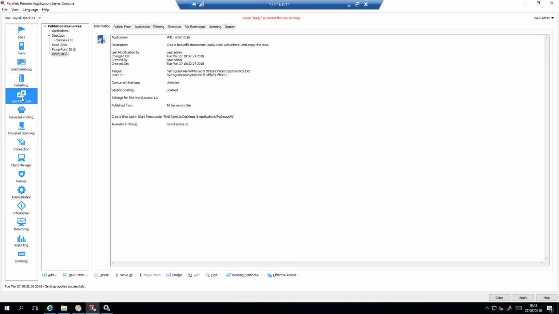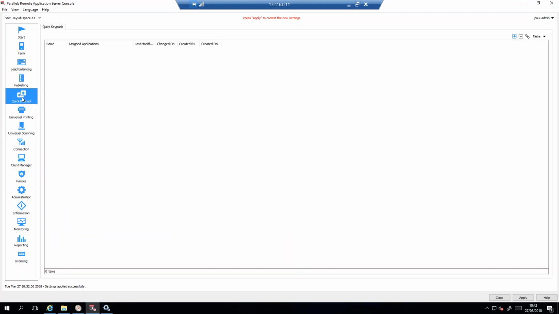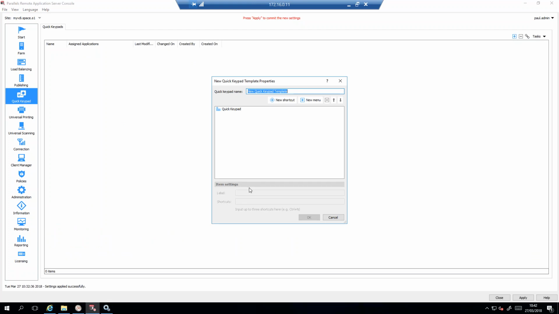Publishing, we've seen quick keypad. I can't really show you this in great depth, but just to give you an idea of what it is: when users are connecting from an Android device or an iPad or something like that, we can give them a little menu bar that gives them shortcuts. A good one is Control P. If they're in a document, we can give them a quick shortcut to fire off the printing process,